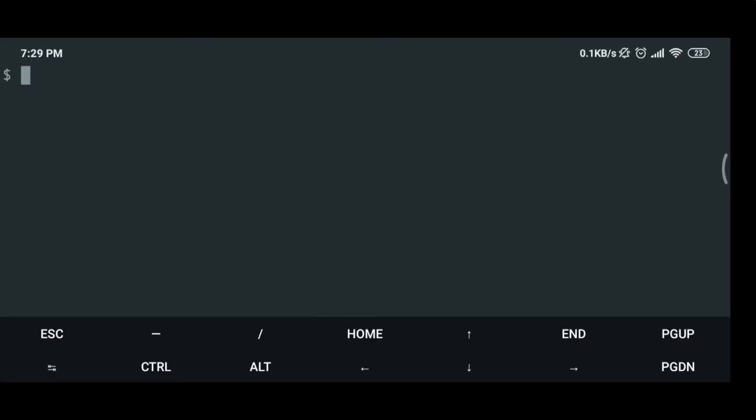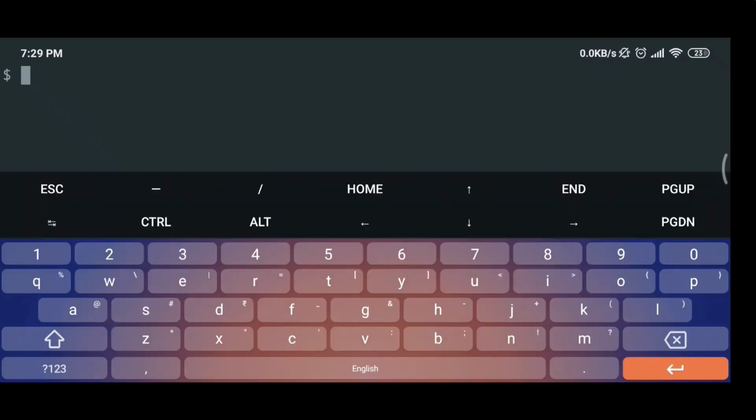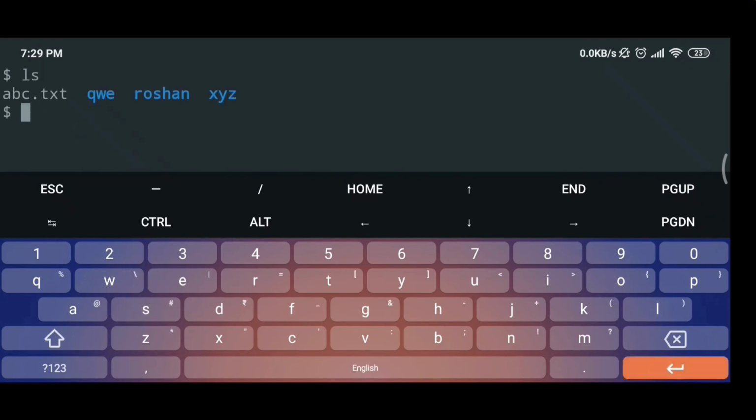We can also use the mv command to rename a file. There is no rename command used in the Termux app. We use the mv command to rename the file as well. Here we are renaming the file abc.txt. To do so, use the command mv space and the name of the file which you want to rename, abc.txt, space and the new name.